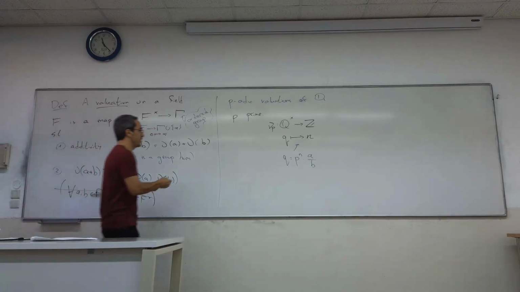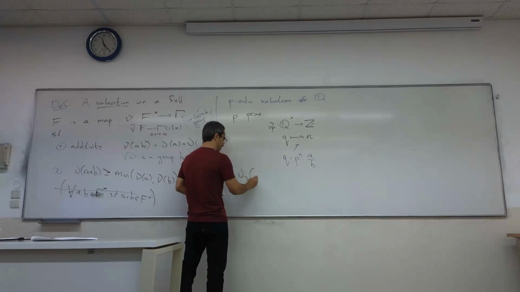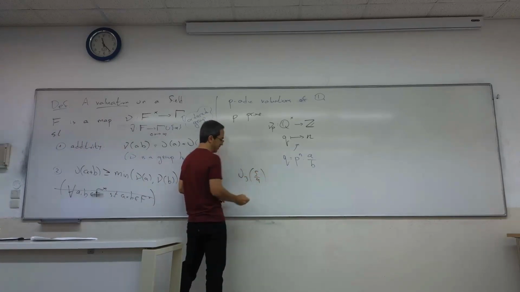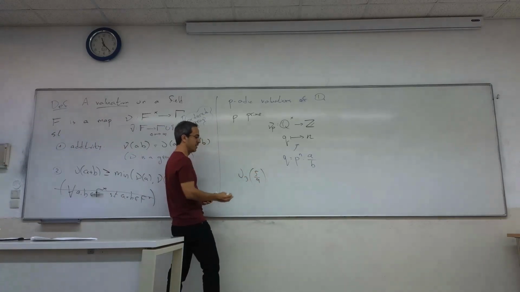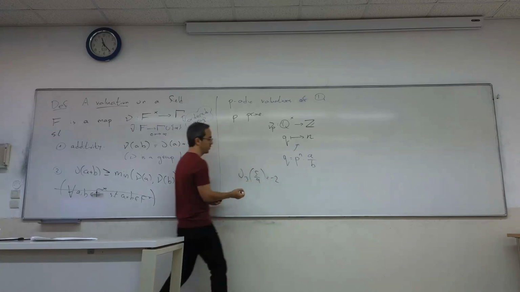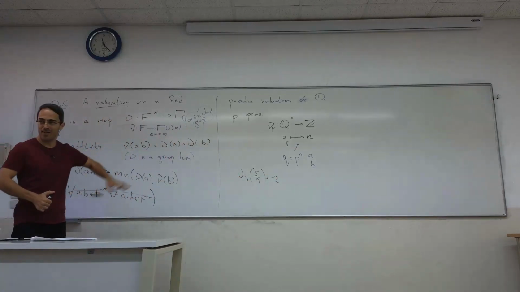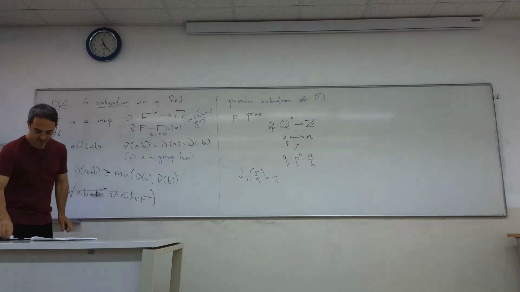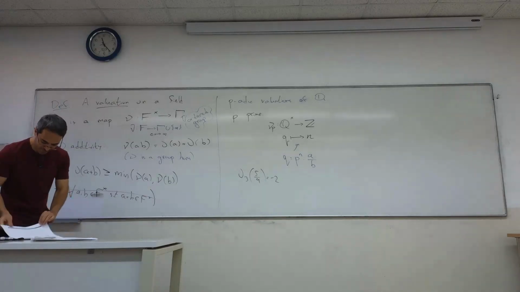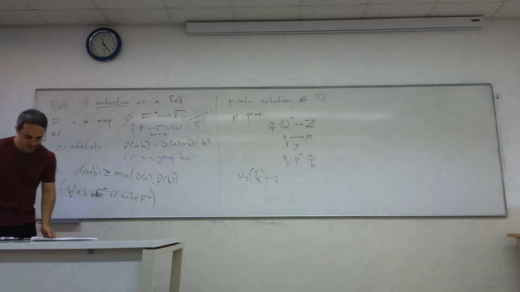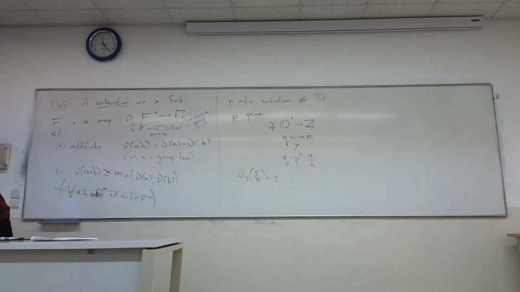Okay, so for example, what is the valuation at 3 of a given number? It's -2, because you just take how many threes you can. You have 2 threes at the bottom, so it's -2. Good, so that's a valuation that we'll never talk about, but it's a good example. Another valuation that we will talk about